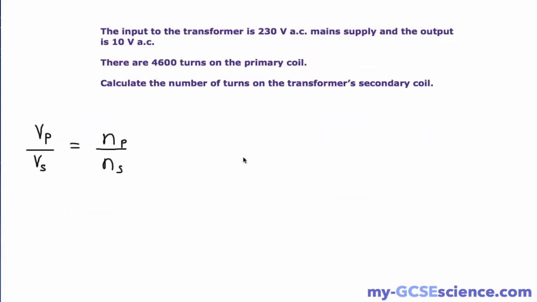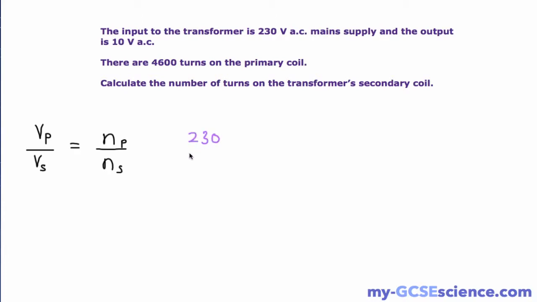Let's have a look at one more example. You can again try this one for yourself if you want to. If not, I'm going to go through the answer now. So the input to the transformer is 230 volts AC from the main supply, and the output is 10 volts AC. There are 4,600 turns in the primary coil. Calculate the number of turns on the transformer's secondary coil. So again, we use the equation that we are given and plug in the information that we know. So we have